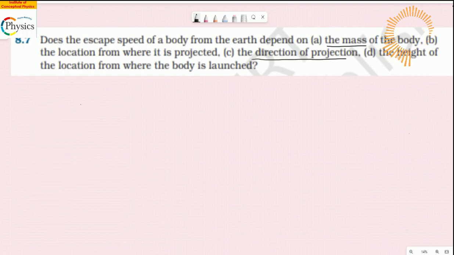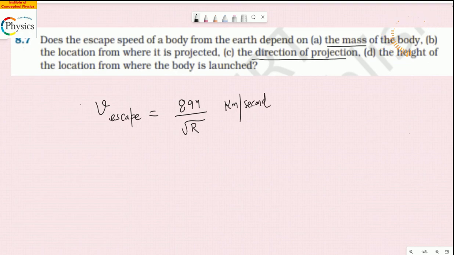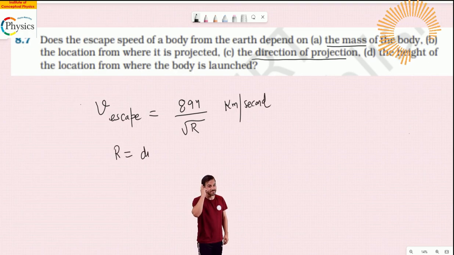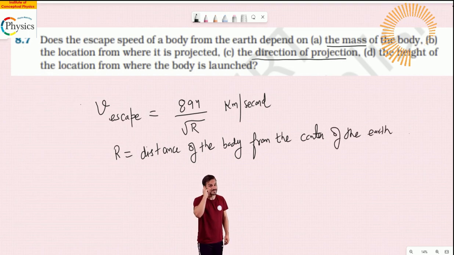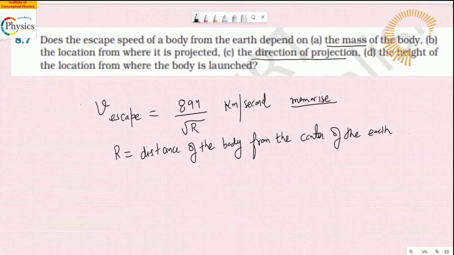If you have a body which wants to escape Earth, generally the formula of escape velocity, V escape, just remember a shortcut, is given by 894 by under root of R kilometer per second. And R is the distance of the body from the center of the Earth, right? So this is a shortcut. Just memorize this. In your entrance examination or school examination, you can straight away use this if you get